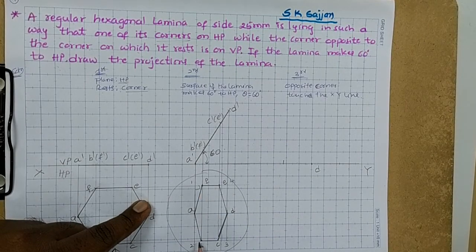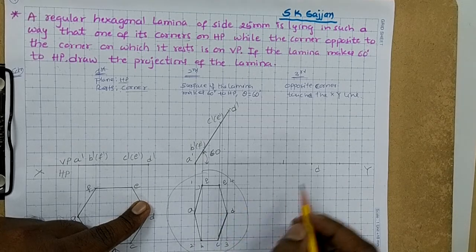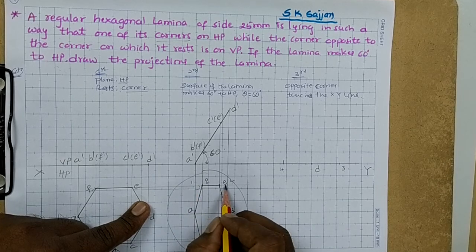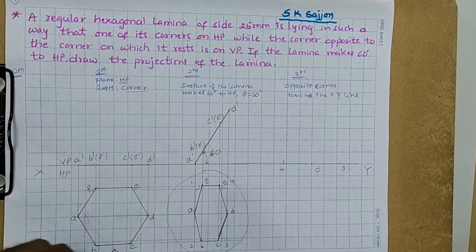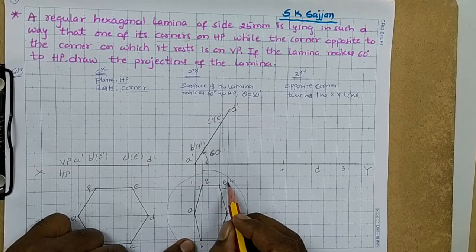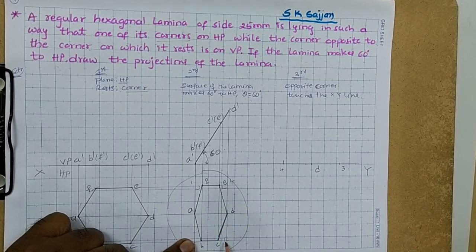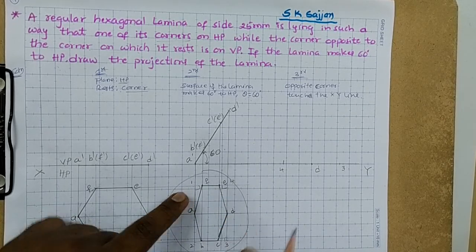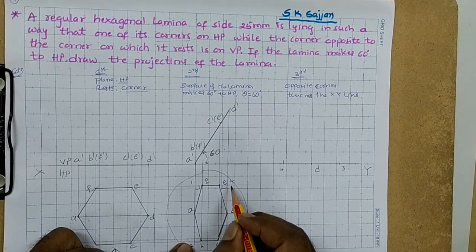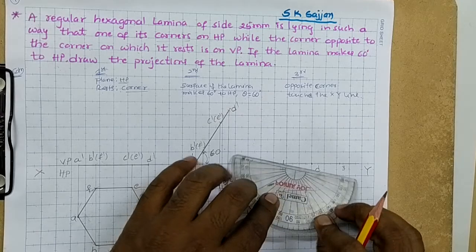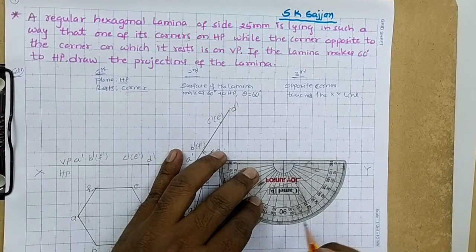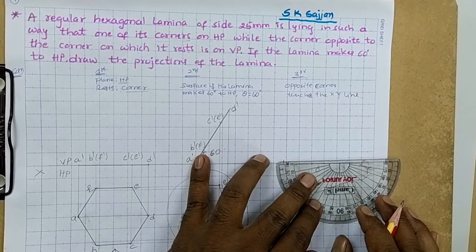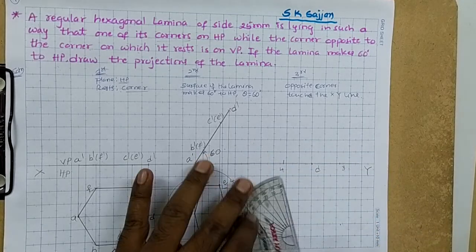These lines are perpendicular, so I will mark it. This is the 3 and this is the 4. The 1, 4 line is perpendicular at 4 here, and the 2, 3 line is perpendicular to the 4, 3 line at 3. Okay, see, the 1, 4 line is perpendicular to the 3, 4 line at 4, and the 2, 3 line is perpendicular to the 4, 3 line at 3. Means I want to draw a perpendicular line here. Then here also I want a perpendicular line. Okay, draw.